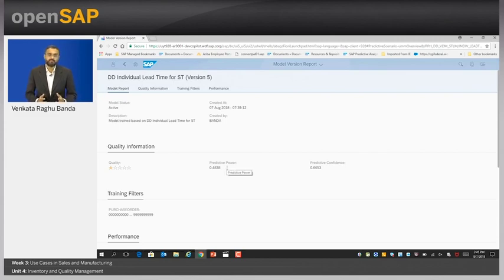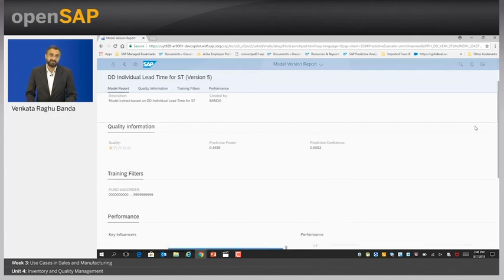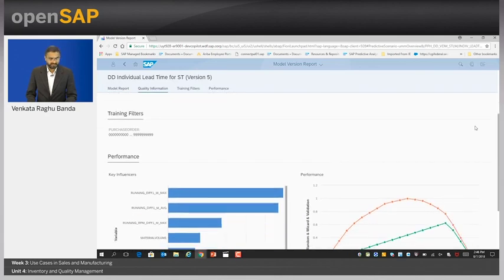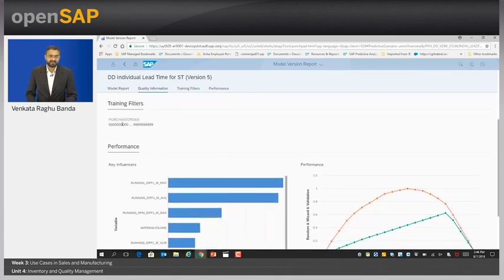Predictive power is the level where you compare the test data that you are using against the real data, so if I can match it to the target variable, how good the data is. And predictive confidence shows the robustness of the data that I have. Currently if you do not have too much data, these values might be low. But over a period of time the values can get better, or if you have more data, obviously your training results will be higher. Currently the training filter that I used here is just purchase order, and you could have as many filters as possible.